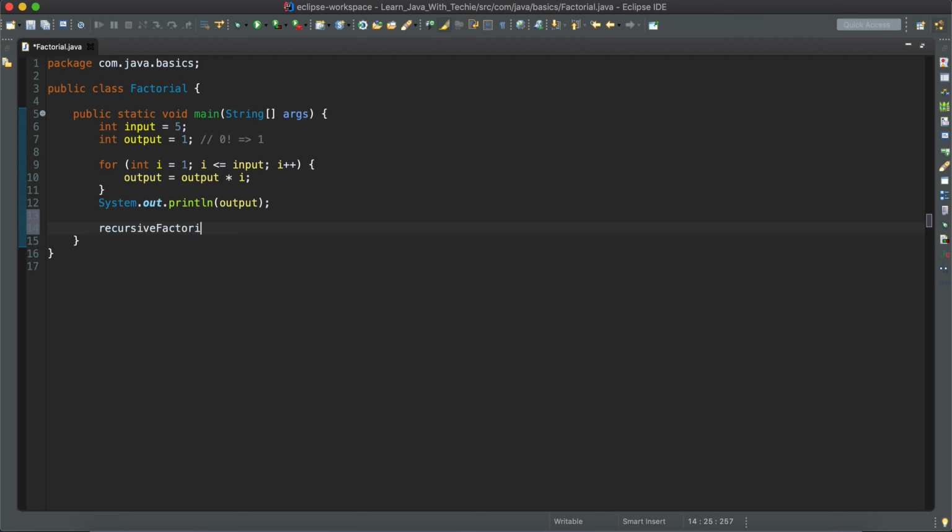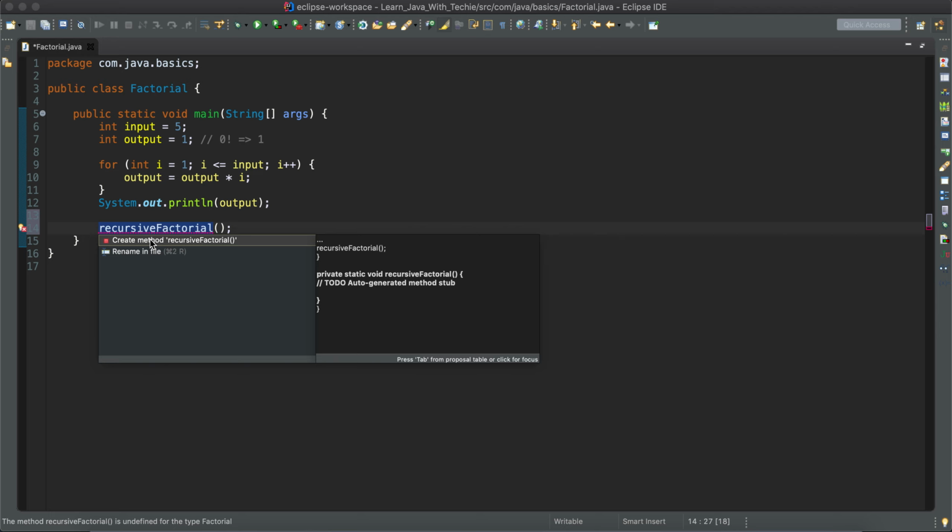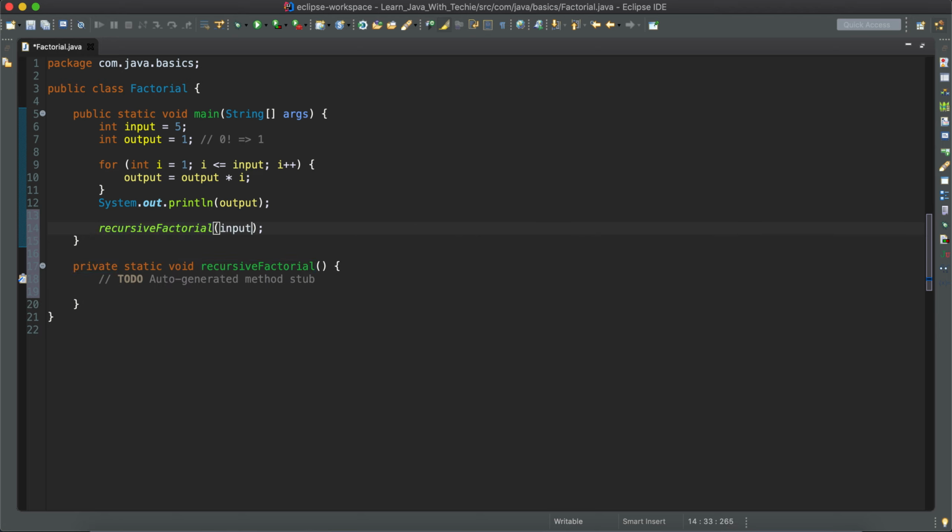Recursive factorial. I'm going to create a separate method to implement the recursive way of factorial, and I'm going to pass the input 5 here. In each and every function call, it's going to return an integer value. So if the input is 0, we're going to return 1.